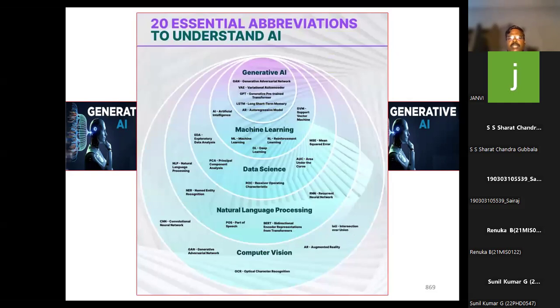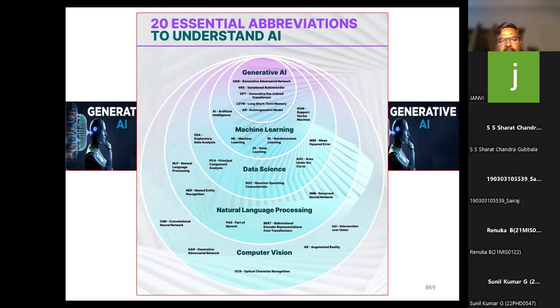So, 20 essential abbreviations you need to understand in AI, like GAN, Generative Adversarial Networks; VAE, Variational Autoencoders; GPT, Generative Pre-trained Transformer; LSTM, Long Short-Term Memory; AR, Auto-Regressive Model or Augmented Reality; AI, Artificial Intelligence; SVM, Support Vector Machine, in Machine Learning; ML; RL, Reinforcement Learning; Deep Learning; and EDA, Exploratory Data Analysis; PCA, Principal Component Analysis; ROC, Receiver Operating Characteristics; AUC, Area Under the Curve; MSE,